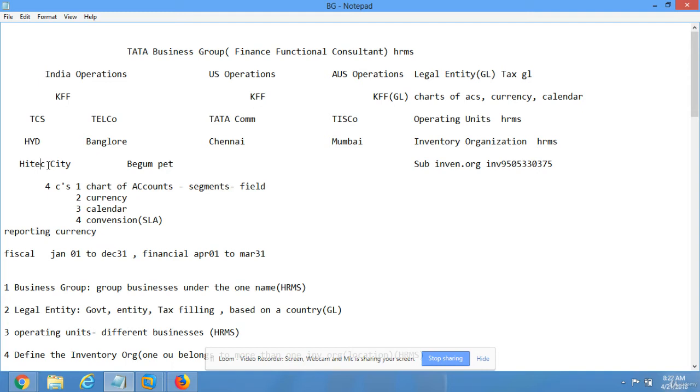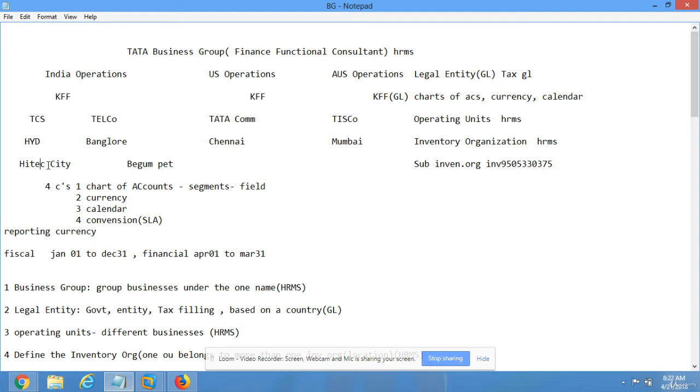Also, in inventory, we are going to create different types of miscellaneous transactions. There are two types of miscellaneous transactions: one is the miscellaneous receipt, and the second one is the miscellaneous issue. What does a miscellaneous receipt mean? Suppose you want to create a quantity for the item, or an additional quantity for the item. At that time, we are going to create a miscellaneous receipt transaction.